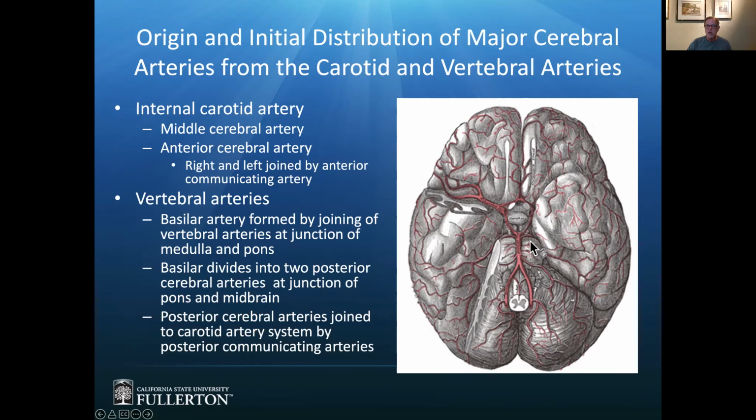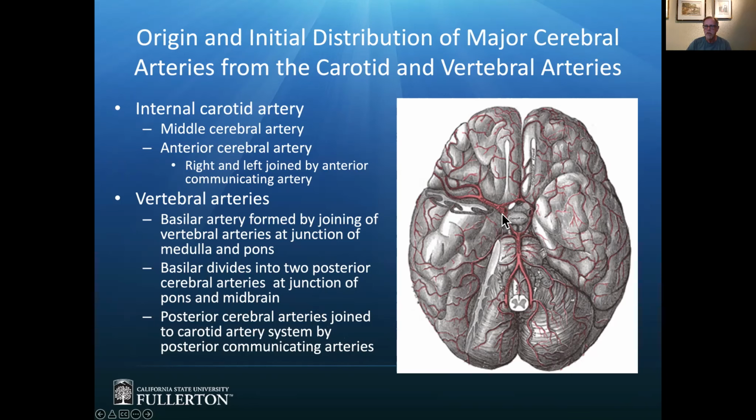Now let's take a look at the parts of the circle of Willis. So we have a division right here that forms two posterior cerebral arteries, posterior communicating arteries, I should say that. Posterior communicating arteries. And where do I have that? Okay, I have the anterior. Posterior communicating arteries. Okay. Yeah, the posterior cerebrals throw off a branch here, posterior communicating artery,